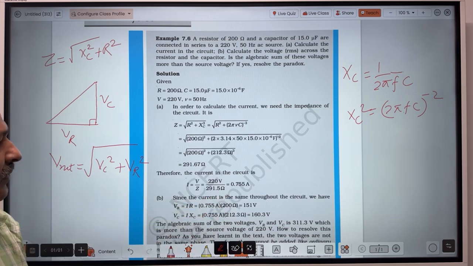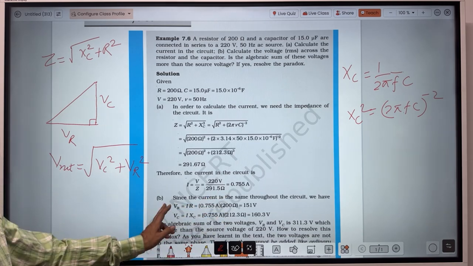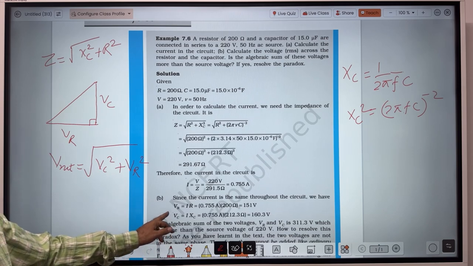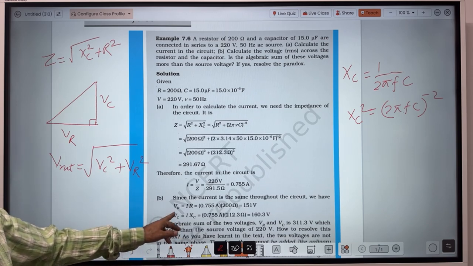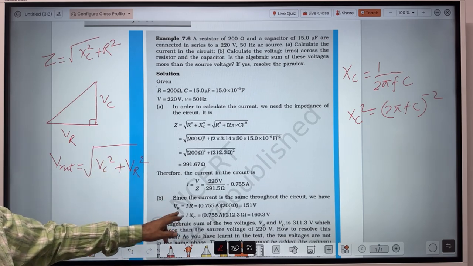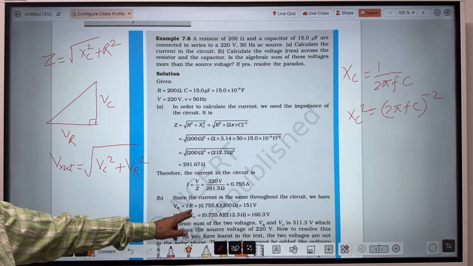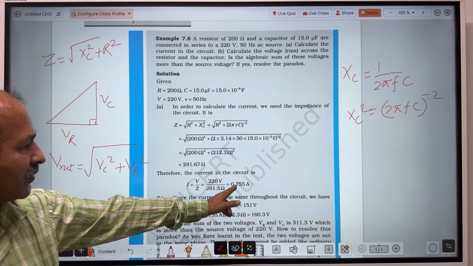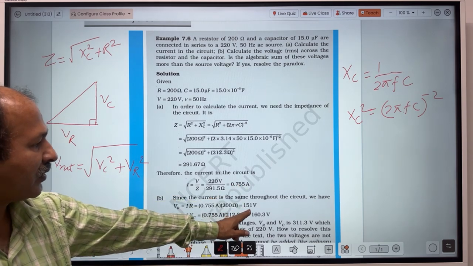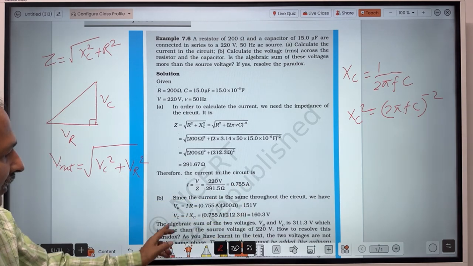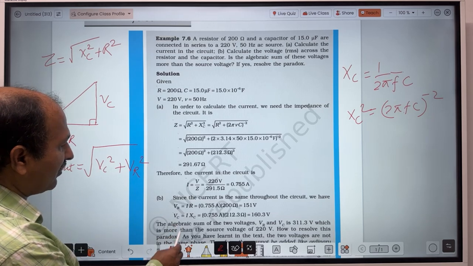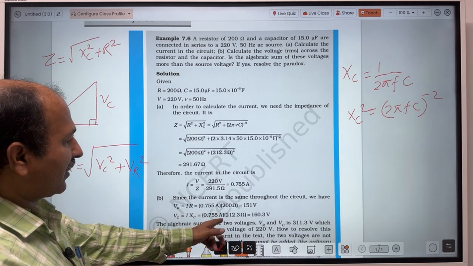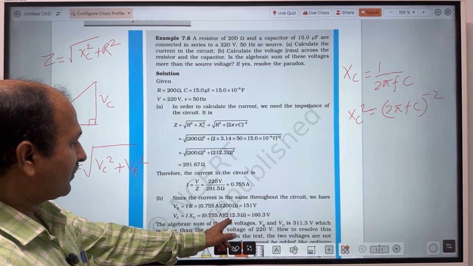After evaluation we will get 0.755 ampere, right? Then here we have to find out the voltage across capacitance and resistance. So voltage across resistance, since the same current flows, will be I times R. R is given as 200 ohm, I we have found as 0.755, so it will come out to be 151 volt. Similarly, voltage across the capacitor will be I times XC, so I is 0.755 and here